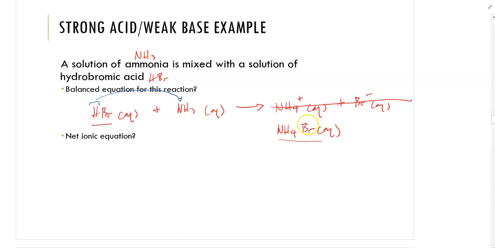The bromide also ends up being a spectator ion for this example. So ultimately, in this problem, to write the net ionic equation, it becomes H+ (aq) + NH3 (aq) makes NH4+ (aq). All right, this is kind of a strange one, but effectively it still follows the same principles